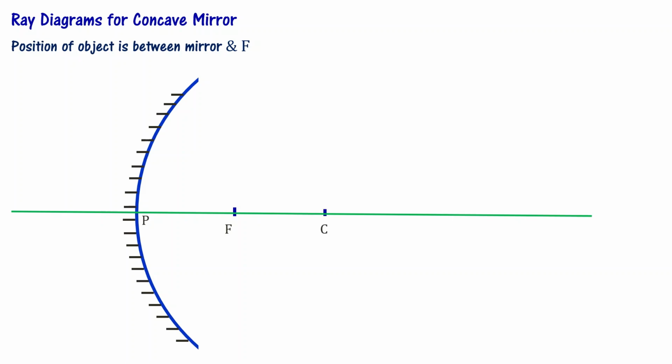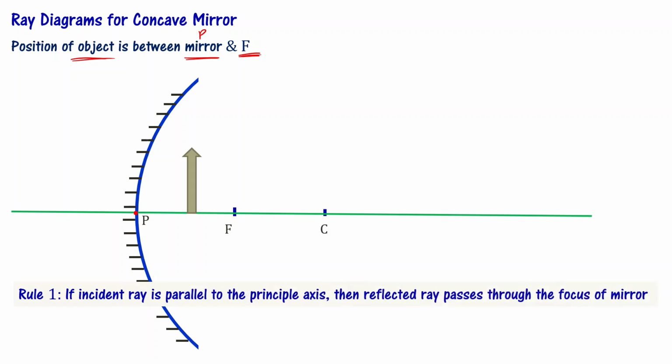Let us now learn what happens if the object is in between the mirror and F. Between P and F, let's see how the image is going to be formed. We are going to use two rules again. Rule number 1,